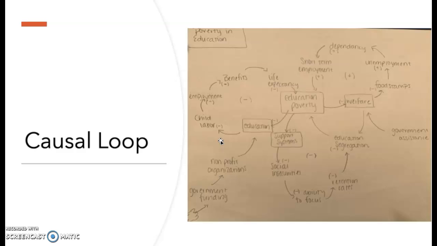Kind of like I was saying in my stock and flow diagram, kids who have really bad poverty family issues can get stressed, drop out of school, and then they feel the need to help support the family. So really, that's kind of like a parental loop, because obviously children in educated areas aren't going to be receiving welfare themselves, but that can just show how it impacts the student's ability to learn.